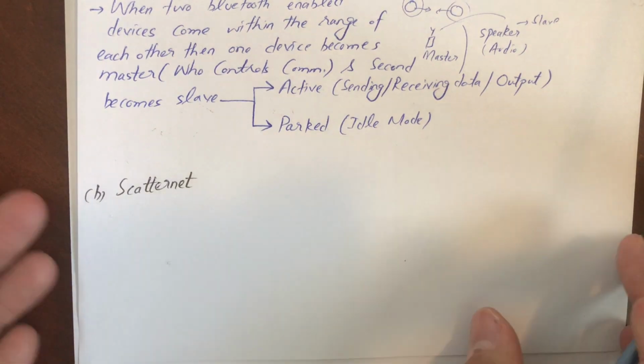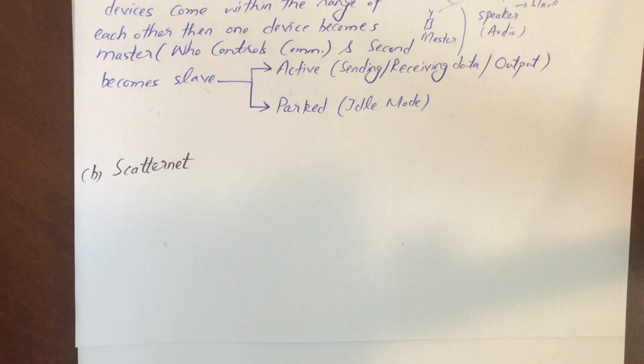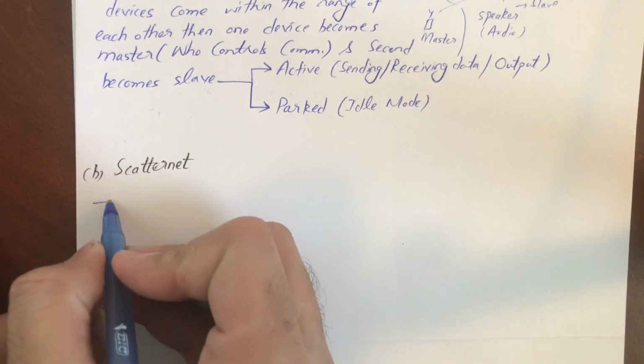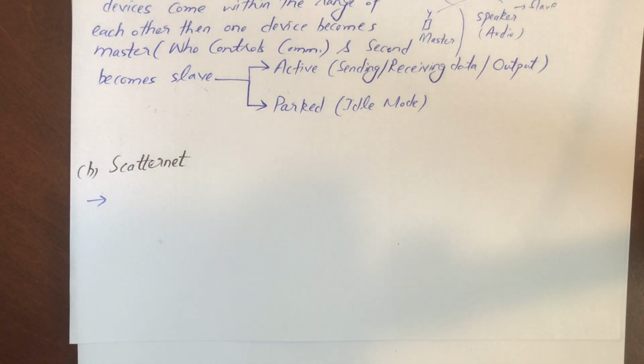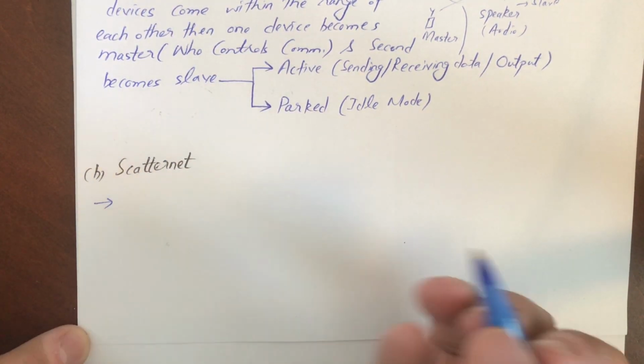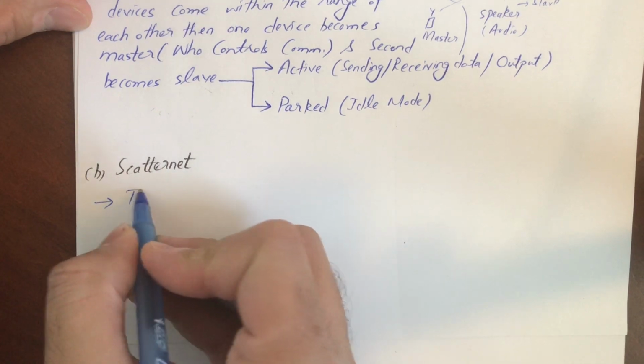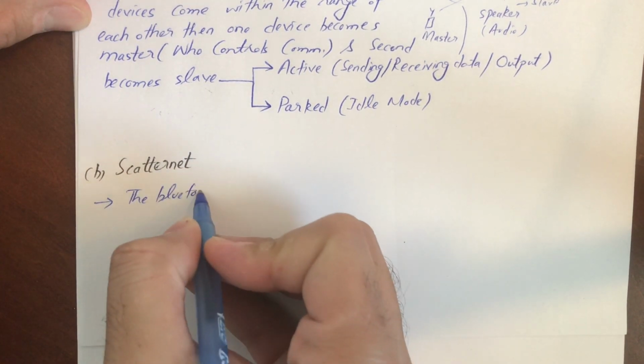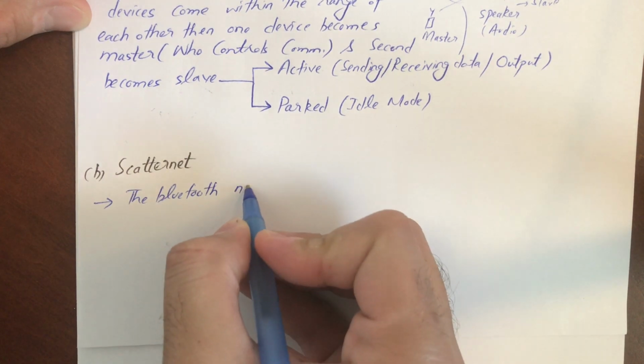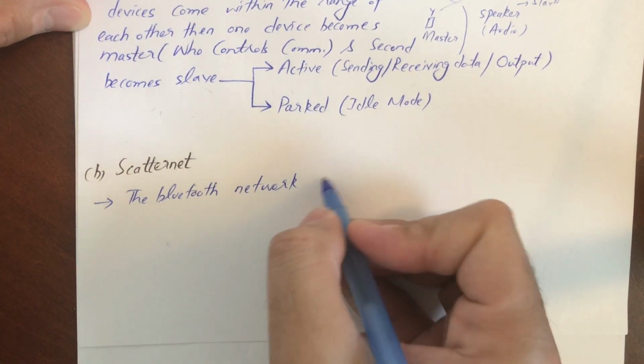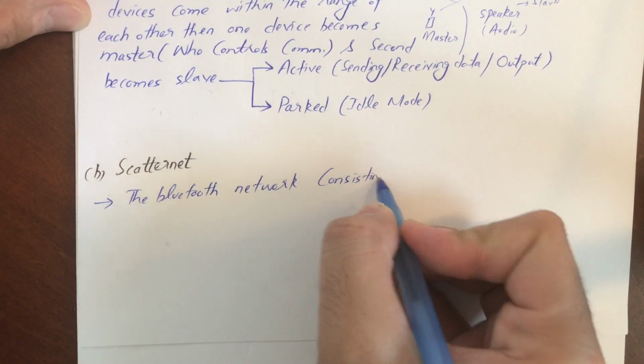The second type of Bluetooth topology is Scatternet. For example, you might have two or three Bluetooth speakers connected with one cell phone. So one cell phone might have many slaves, and one slave can be a master of another network. So a Scatternet is a Bluetooth network consisting of